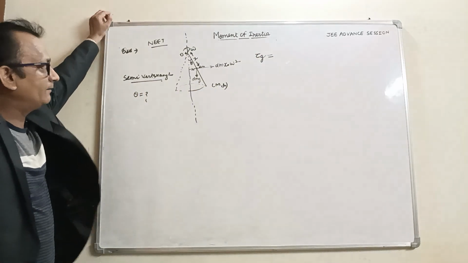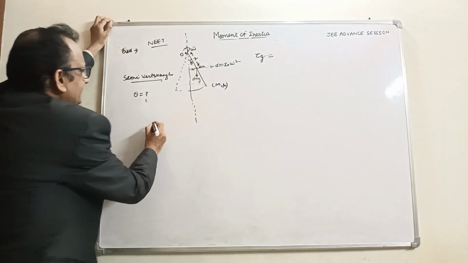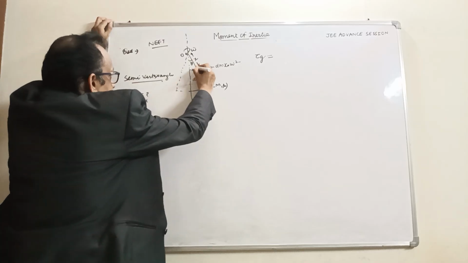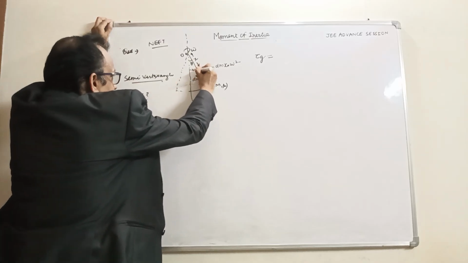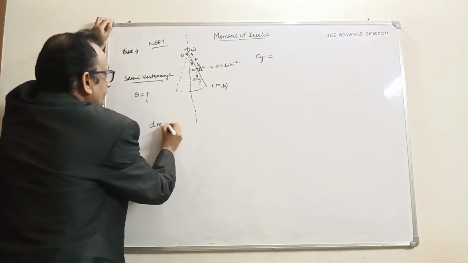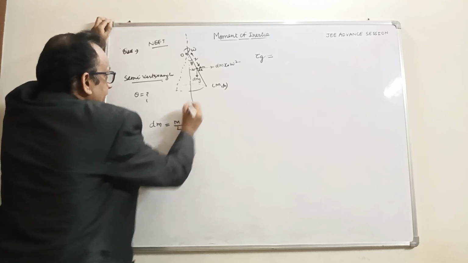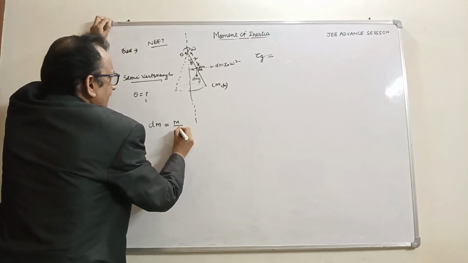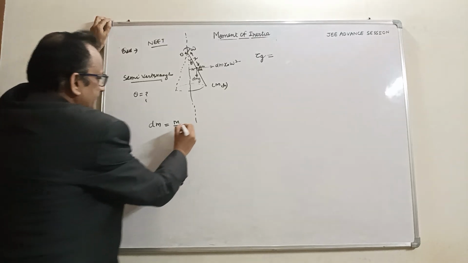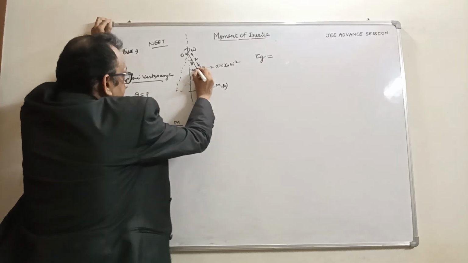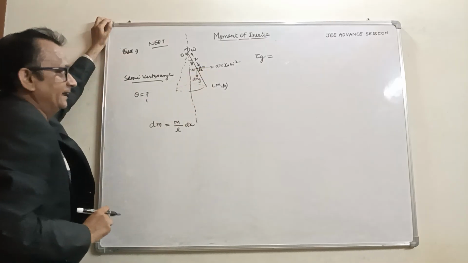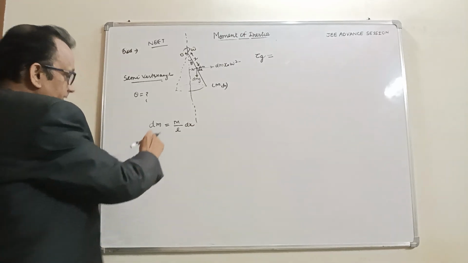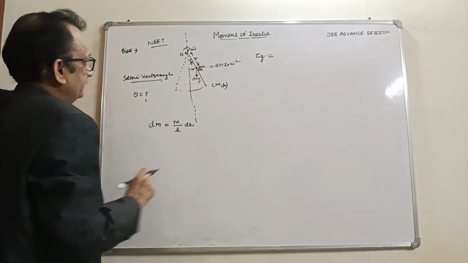So what is the torque by the gravitation? We write here dm, and we take a small element dx here, and dm would be m by l. The whole length is l. Suppose this is small l, and this is dx. So the dm mass for this element would be written as dm, and we find the torque.